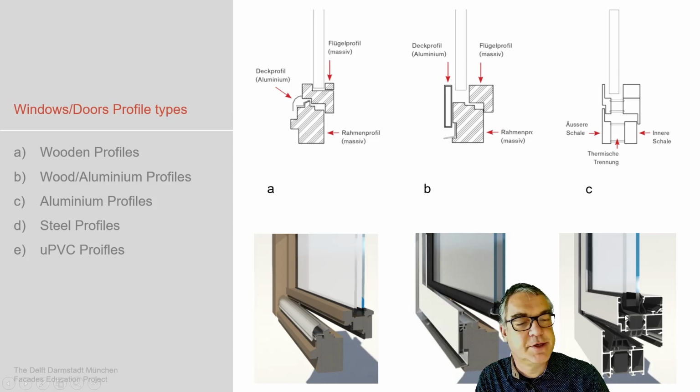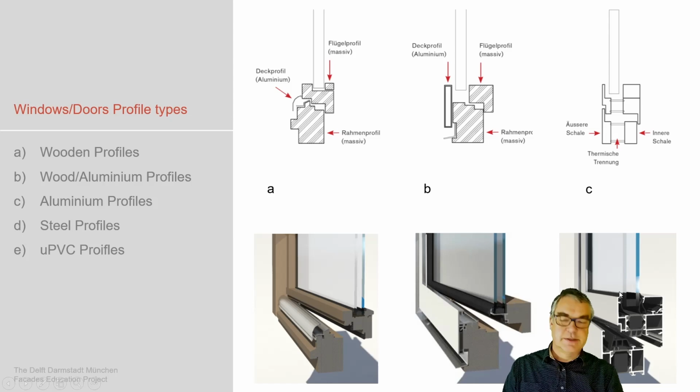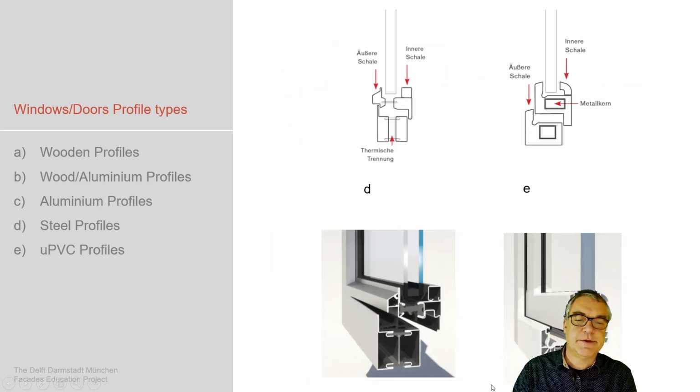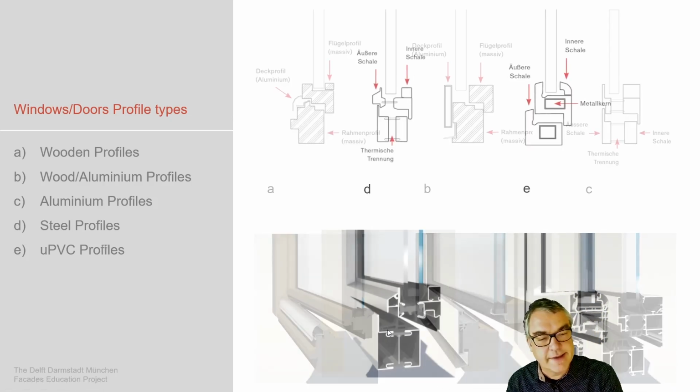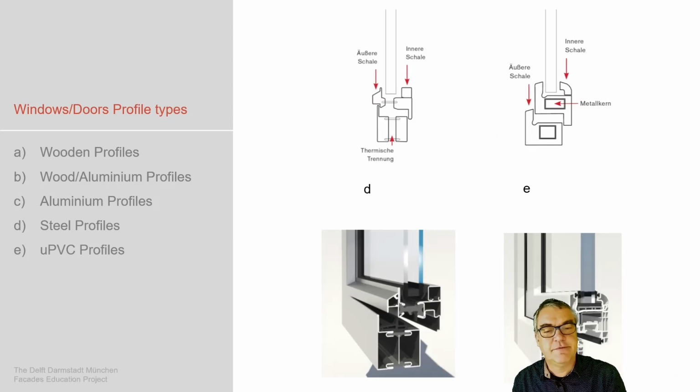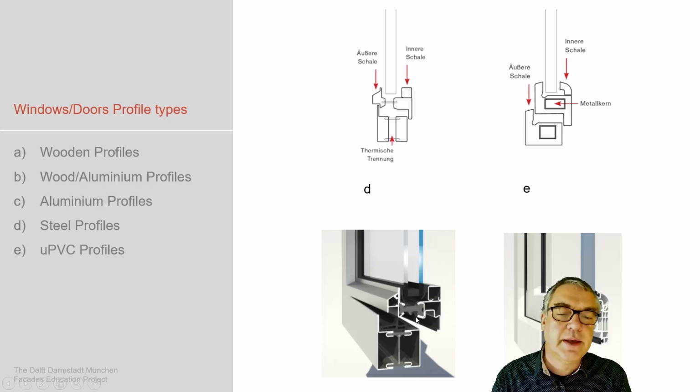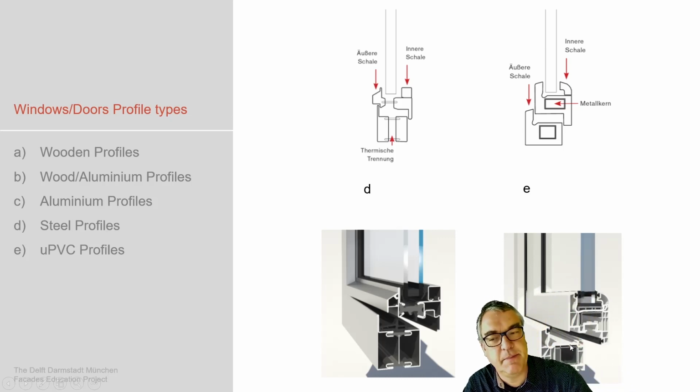Aluminium is transporting energy very well. We need to break this energy transport within this area, and that's exactly where the glass itself is positioned in this system. Coming to the next setup, this is the steel profile. It actually looks quite similar to the aluminium profile. The main difference is the way this steel is made, cold bended is the word here. Again, this is a different lecture to talk about, but they work in the same way with this thermal break in between. And then we see the PVC plastic profiles, extruded units, one huge piece.